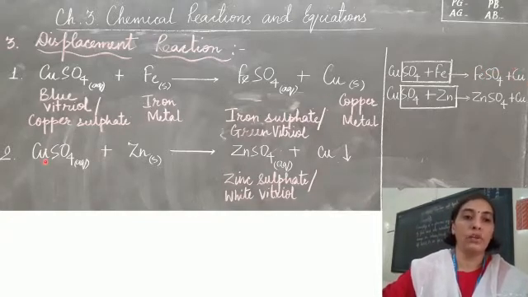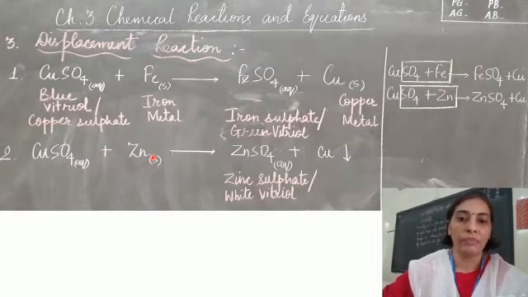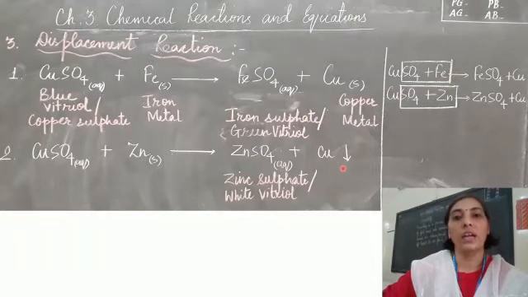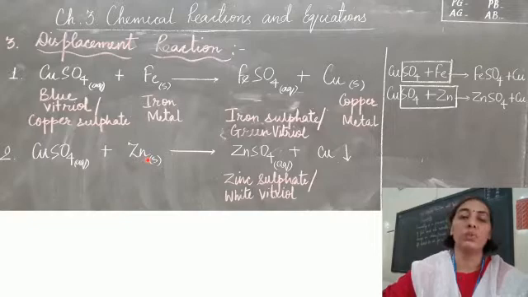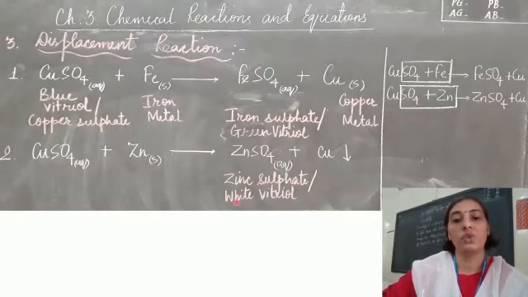Coming to the next example, copper sulfate, again a solution we have prepared, and zinc metal we are using here. So it gives zinc sulfate, and again copper is displaced. Copper is again less reactive as compared to zinc. Zinc is more reactive, so zinc displaces copper from the copper sulfate solution, and it results in the formation of zinc sulfate. Zinc sulfate is also called white vitriol, and copper is displaced. So we can see pink colored copper getting displaced very clearly in this reaction. Let's go to the next example.